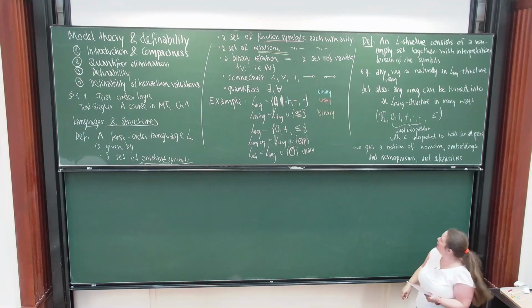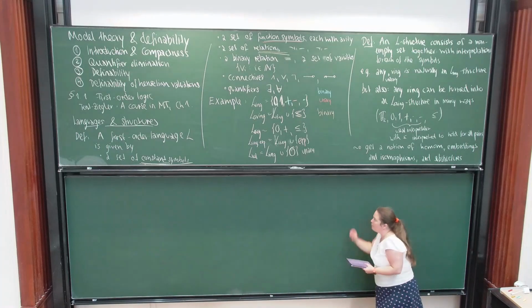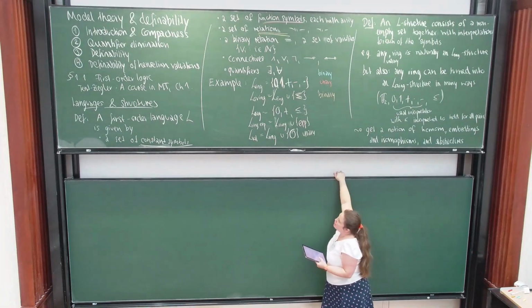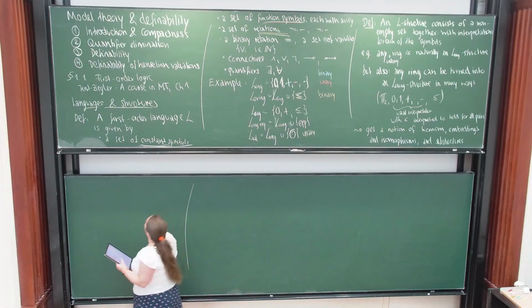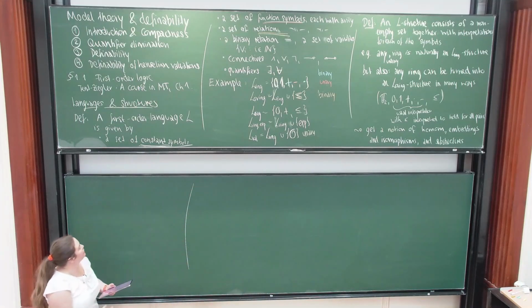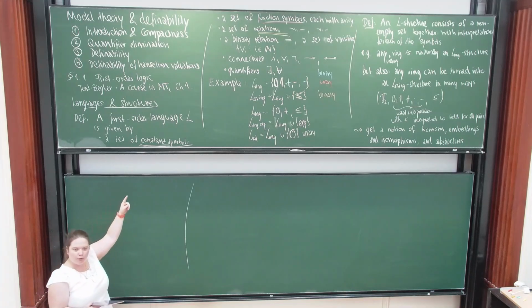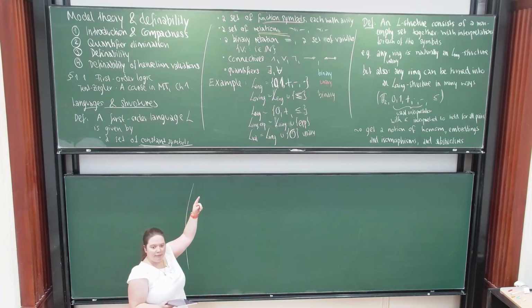But for a homomorphism, it must preserve structure, as you know from taking an abstract course in algebra. So the interpretation of a constant symbol must be mapped to the interpretation of the constant symbol. The function symbols must commute with the homomorphism. But there's a subtlety in the relation symbol, namely,